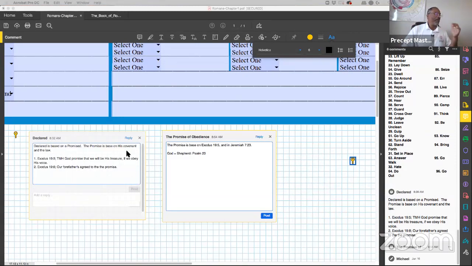Thou prepare a table before me in the presence of my enemies. He's preparing your body right now. And thou anointed my head with oil, and the cup runneth over. Surely goodness and mercy shall follow me all the days of my life. So the goodness and mercy, as we sit there and trip, we get up and we learn and we put this away and we continually walk forward.